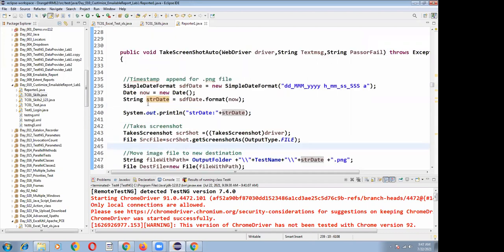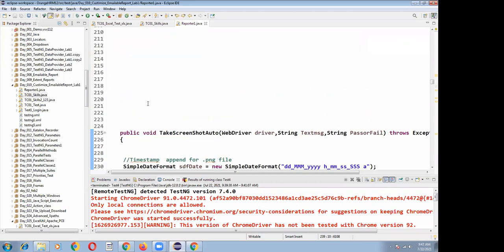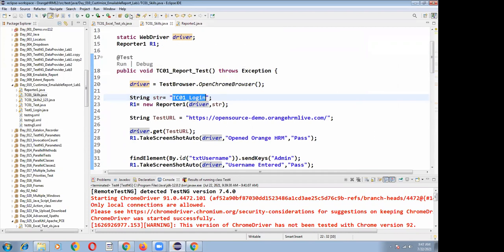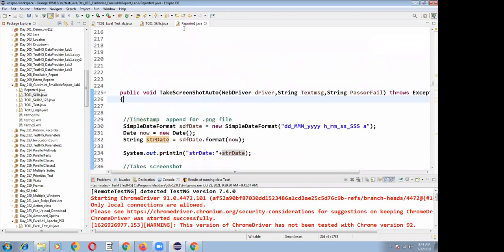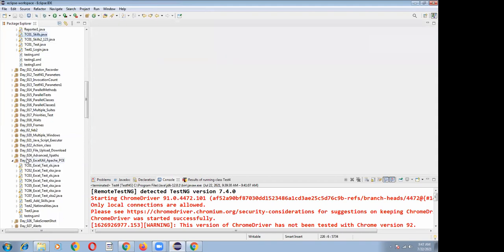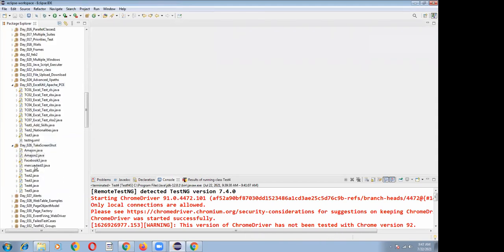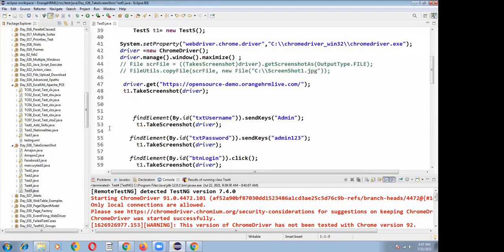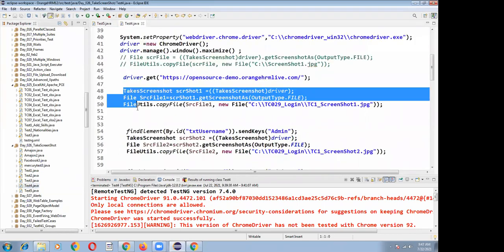This reporting code and everything is generally written by people with a minimum of 7 to 10 years of experience. So no need to worry about these methods. Whenever you want to take a snapshot, you can use my methods directly in your projects. Whenever it is executing any snapshot or anything, these three lines are executing.